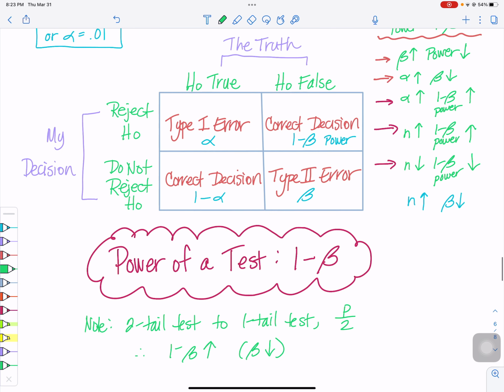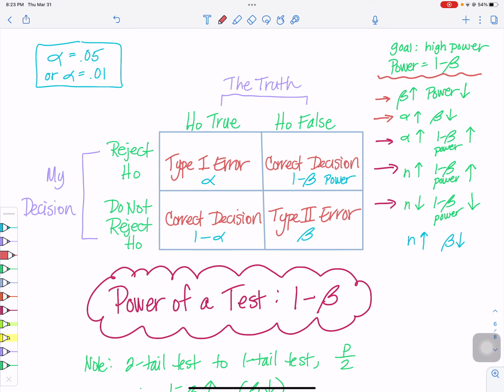I will tell you that the sample size does need to be fixed on these little scenarios over here on the right. Here, you have to have a fixed n. You can't be changing beta and alpha and also changing the sample size at the same time. So these little comments I have here are for when n is fixed and not changing. Okay, so I think that probably will help you answer some of these questions,